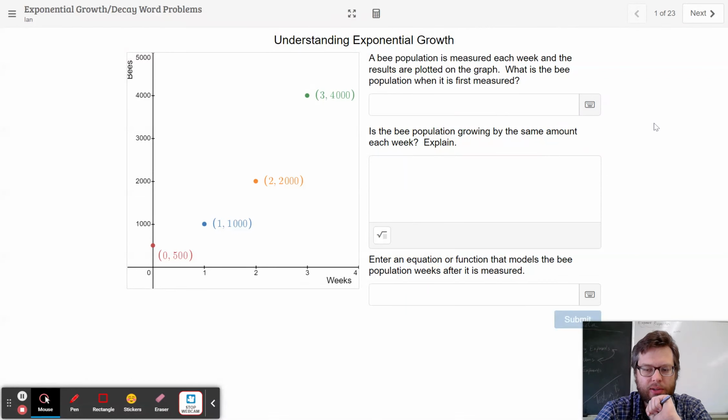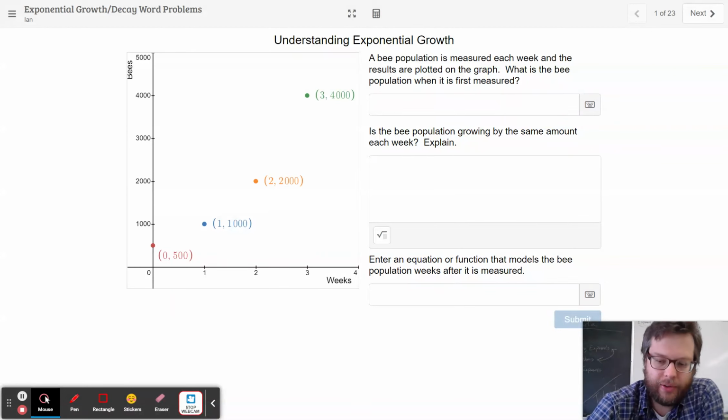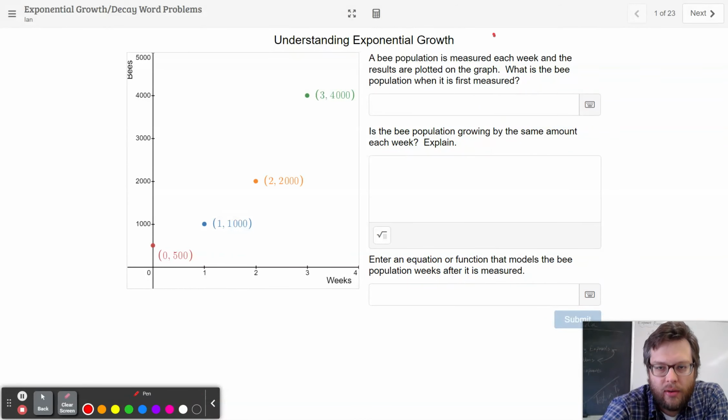All right, here we've got the exponential growth and decay word problems activity. We've worked on this two different times, and these are a lot of the word problems that are going to show up very similar on the test. It's important to note that we're using our formula throughout here, our exponential growth: the beginning amount, the multiplier raised